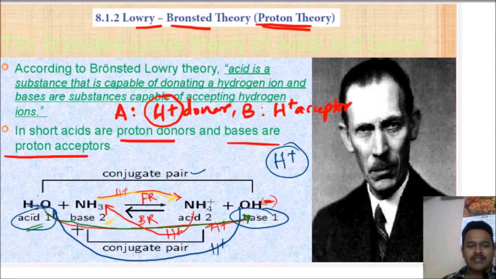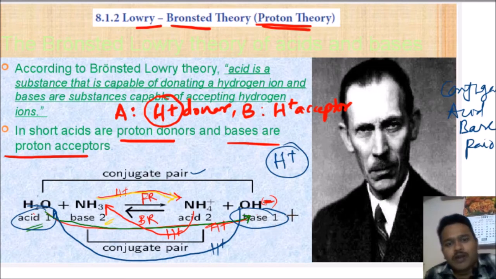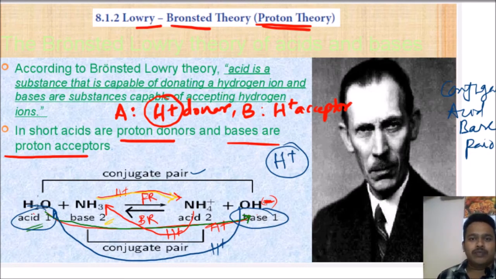Why, sir, not conjugate base and acid pairs? That is also correct, but the term you should use, the one many books refer to, is conjugate acid base pair. These differ by only one proton. They differ only by one proton, that is a conjugate acid base pair. And now go for the next one.